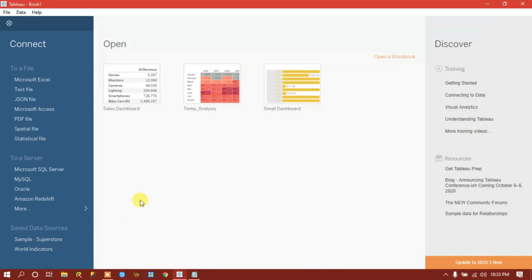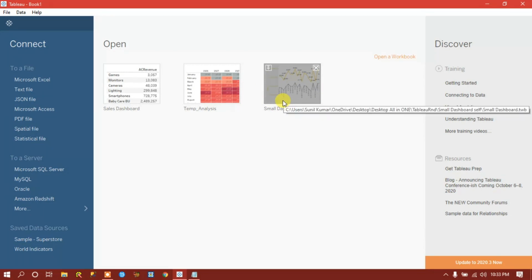So this is the repository location. Now this is the main interface. These are the files that will appear whenever you open Tableau. These files will appear only in case you have worked on them recently. So these are my recent files that I have worked upon, and I have created some beautiful dashboards. At the end I will show you what level of dashboard you can make, but this is just for demo purposes. I have created this dashboard.